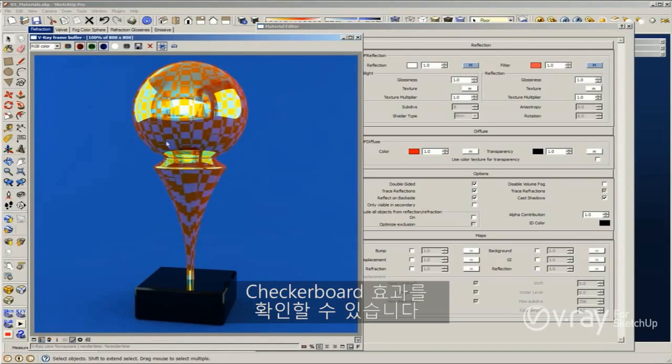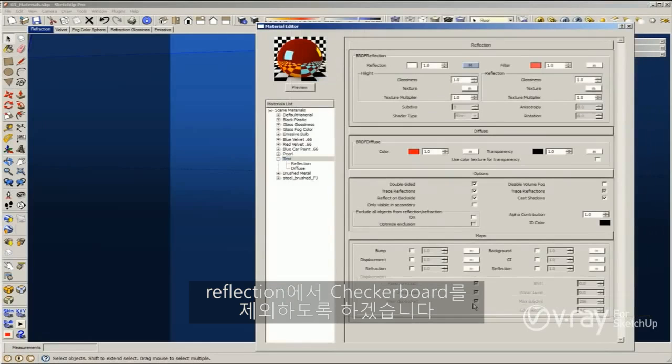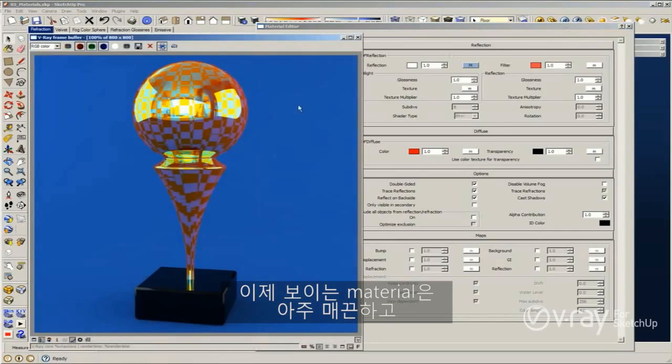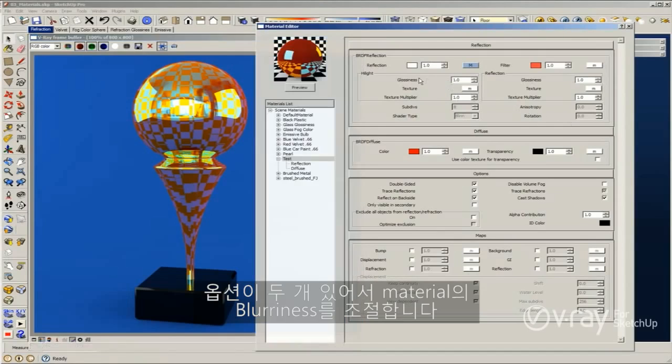So you can see here the effect with the checkerboard. I want to take the checker off the reflections. I want to talk a little bit about the glossiness. The glossiness is the blurriness of the layer of the reflections. Right now our material is very smooth, it doesn't have any blur, but we have two options here